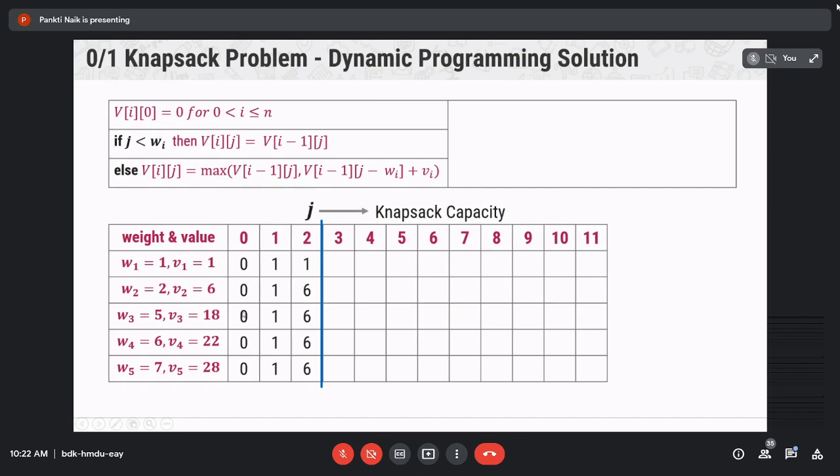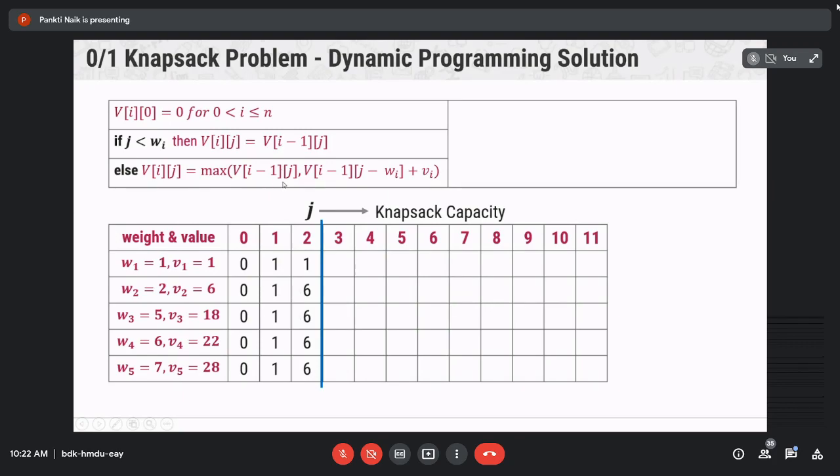If your knapsack capacity is higher than the current item weight, then take the previous row and current column value, and the previous row and knapsack capacity minus Wi plus the value; whichever of the two is maximum will be selected as the value for this cell in the table.